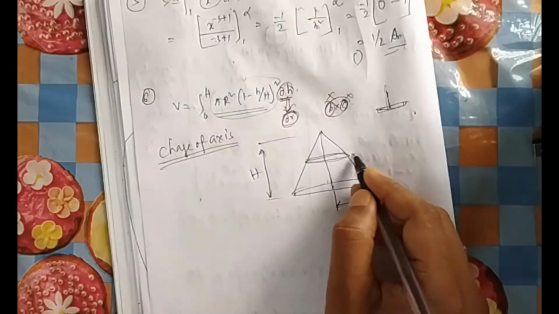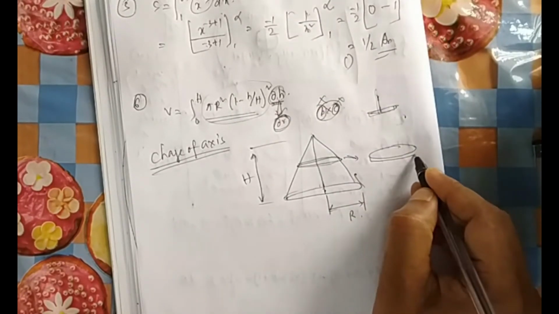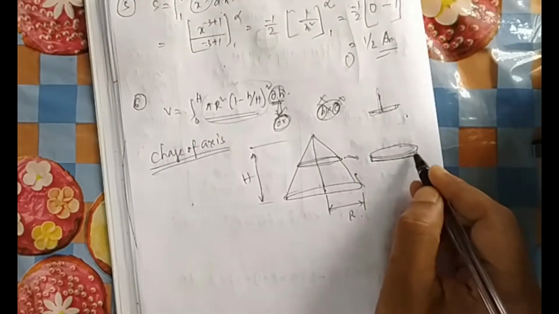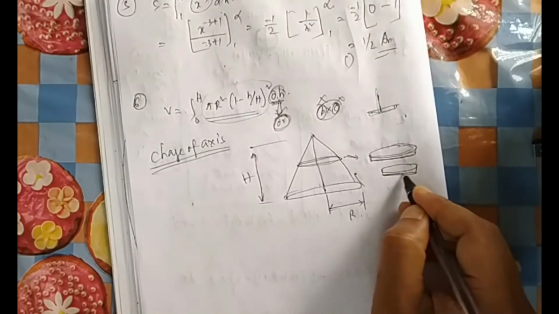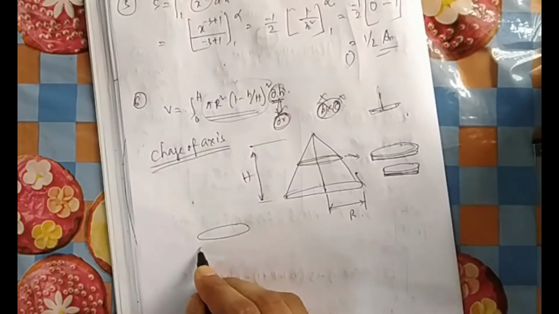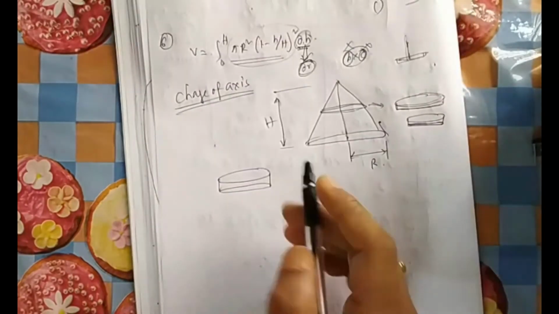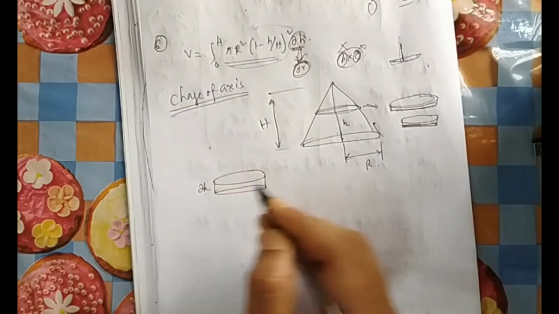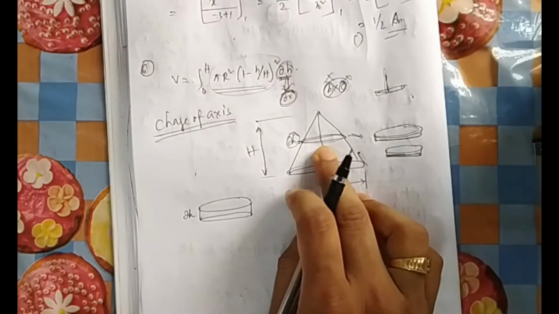So if you zoom it, it will be something of this fashion. 3D you can feel it, I think. Are you getting it? A very small cylinder. Let me draw it one more time here. I am zooming it. So a small cylinder. This height is always h, and whatever height we have considered is dh, the small parameter dh. So above a height you consider a dh.